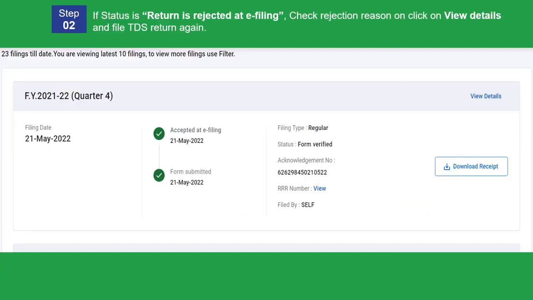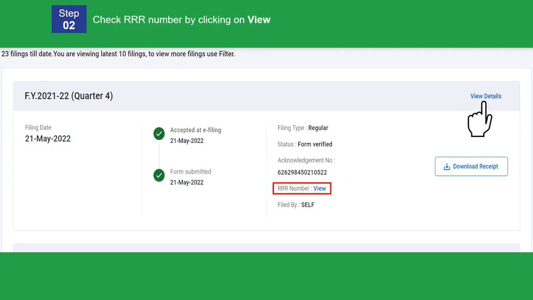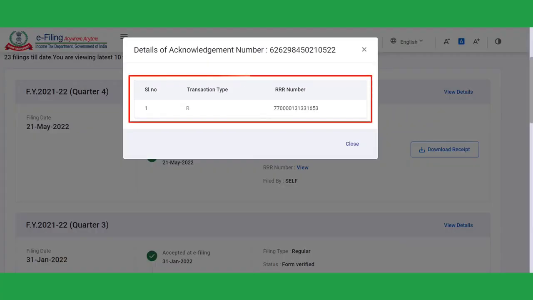If the status is return is rejected at e-filing, check the rejection reason by clicking View Details and then file the TDS return again. In order to file the correction return, you would require the RRR number. Click on View to get the RRR number. You can take note of the RRR number which can be later used for filing a